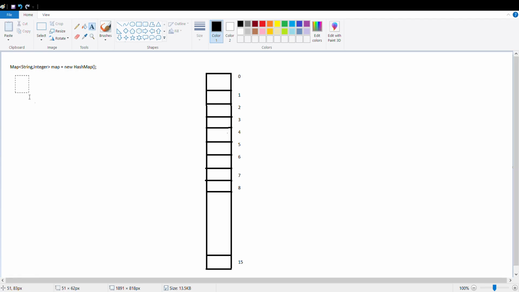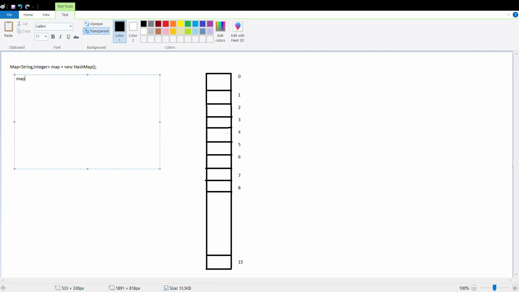First I'll store Babu with 89 percentage, Chitti with 68 percent, Hitesh with 97 percentage, and Moksha with 90.